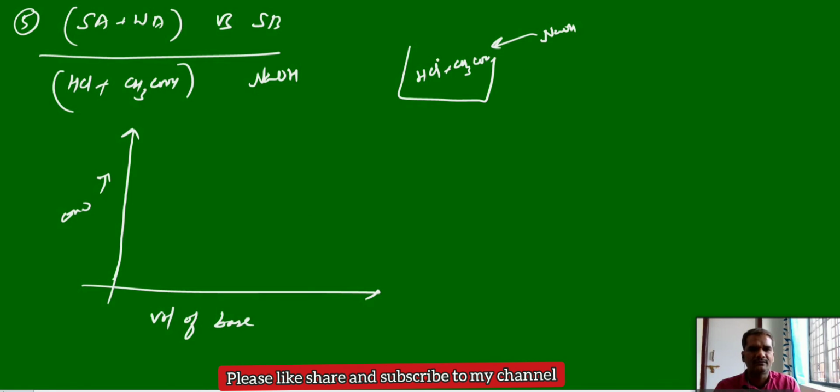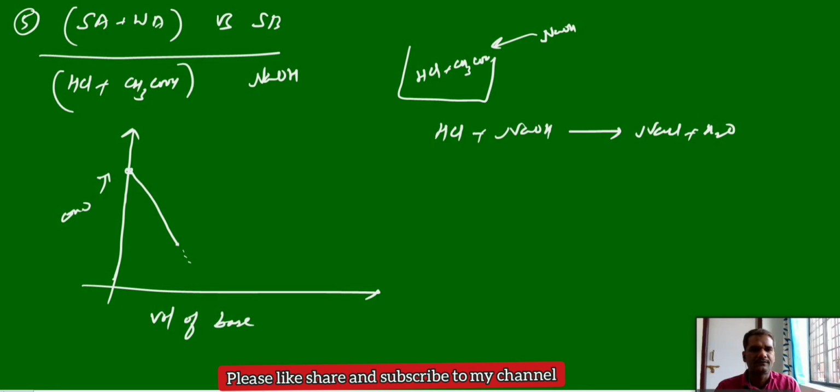First this NaOH will react with the stronger acid, HCl. The HCl and NaOH reaction takes place, and it forms NaCl and water. So first NaOH consumes all the HCl present in the mixture. Then the conductance value decreases. The graph will look like the first case, strong acid versus strong base. It will decrease up to a point like this.